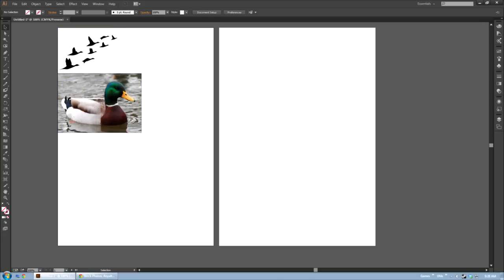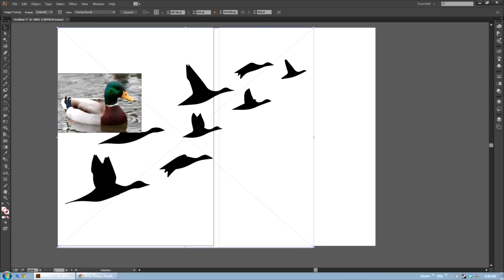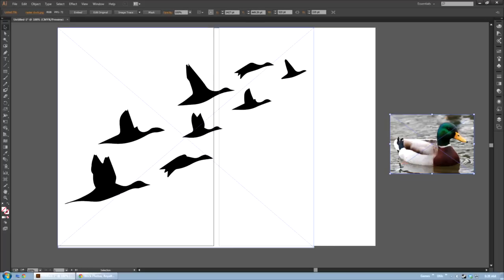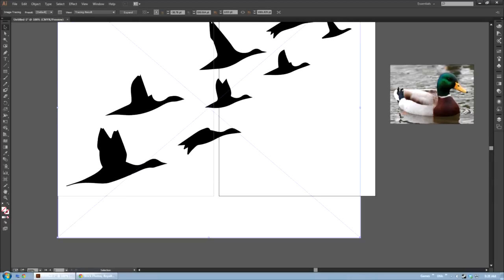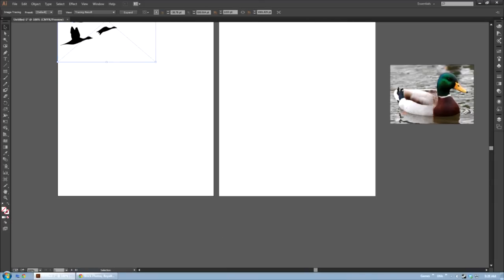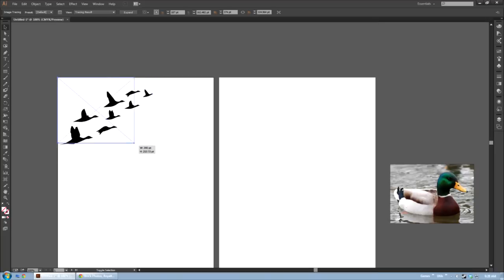So laser machines work on points on a Cartesian plane, essentially. And that's what vector files are. They're mathematical representations of objects, and so their points all fall on a Cartesian plane. And what's useful about that is when we start to scale these vector objects, you'll notice that the quality doesn't change. The crispness stays there. It doesn't matter how big or small we make them, the objects are exactly the same shape. They're obviously different size, but they're the same shape.